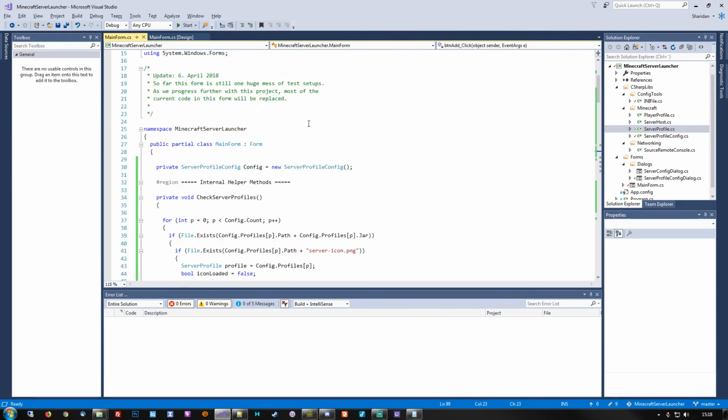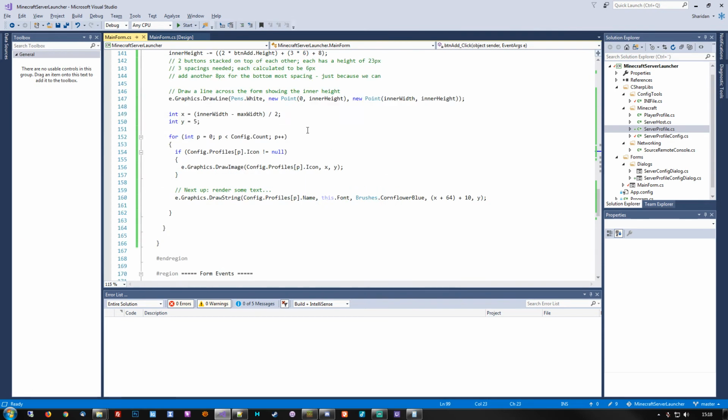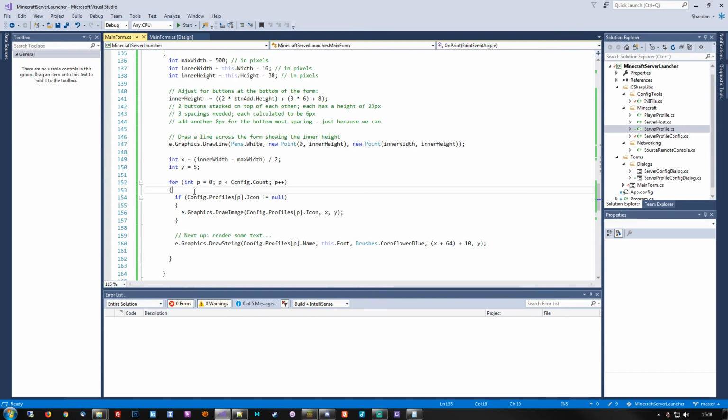Okay, we needed to update the Y position, which we forgot to do. So let's see if we can get that done. Now we set a margin of 5 pixels, so we know that we at least need to add the height of the server